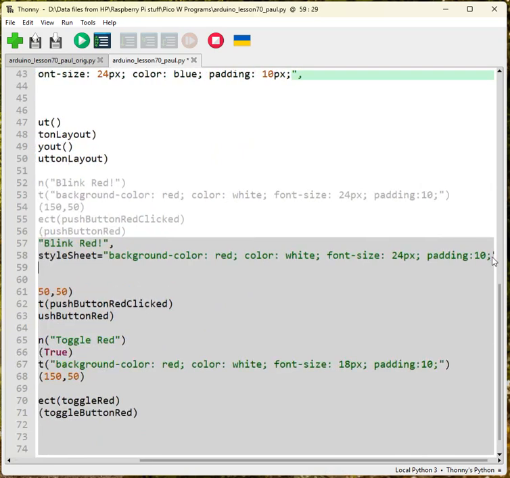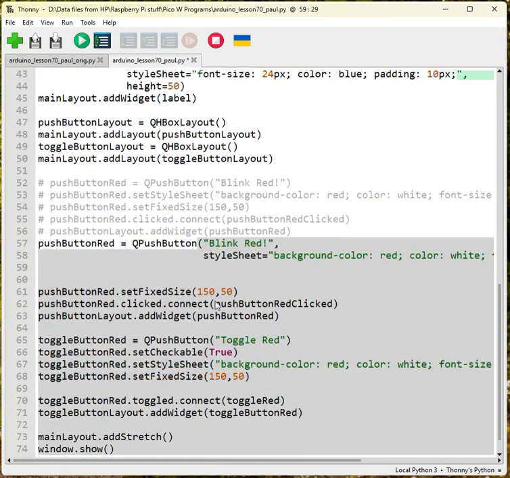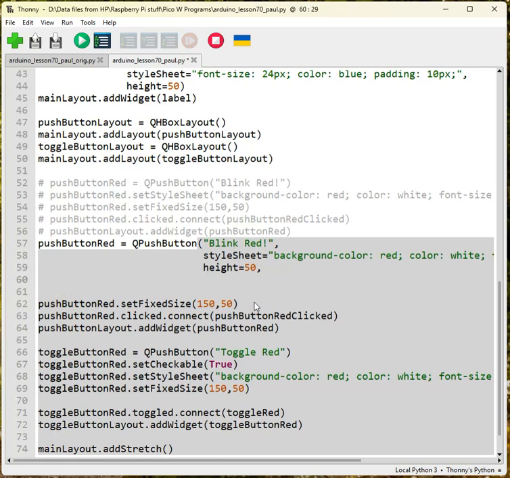Comma. Now it's height, because you can't do set fixed size in the constructor, which is very annoying. So you go height equals 50, comma. Then you have a problem because you can't do the set size. You have to go minimum width. This is for when you change the size of the window. It can go a bit funny. Width,